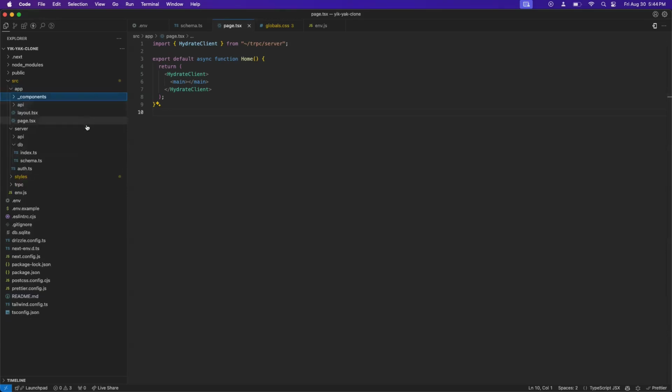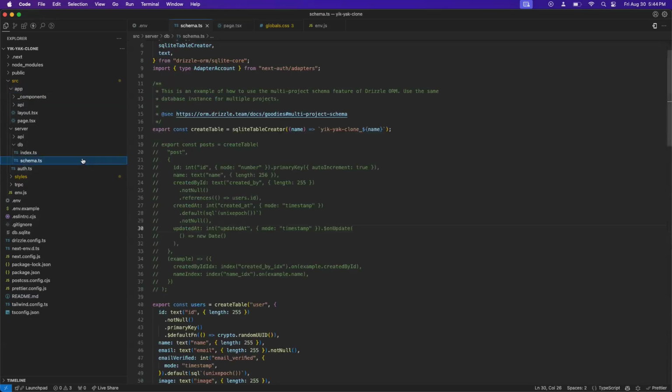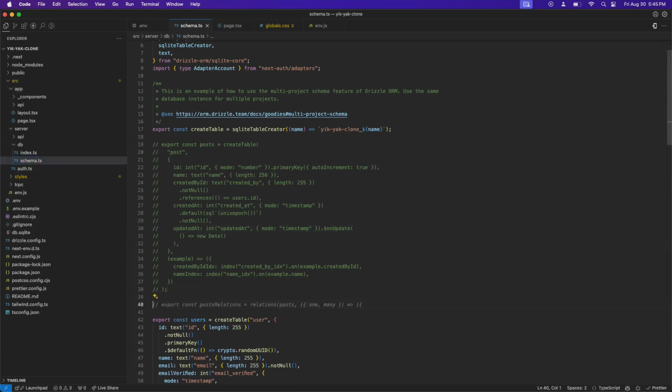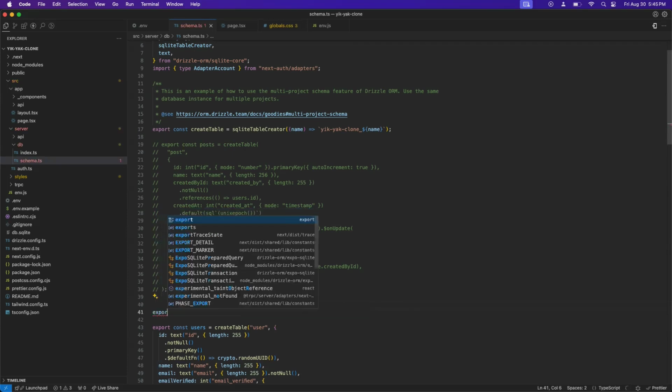One thing I want to do now is let's start at the database layer. So we're making a Yik Yak clone, right? So we actually have this posts table here, but I want to make some modifications to it. Posts typically have text. We're going to oversimplify this, right? We're going to create this post table from scratch again,